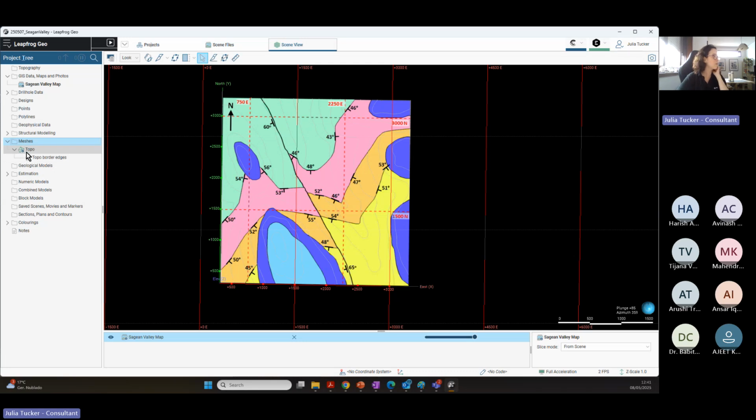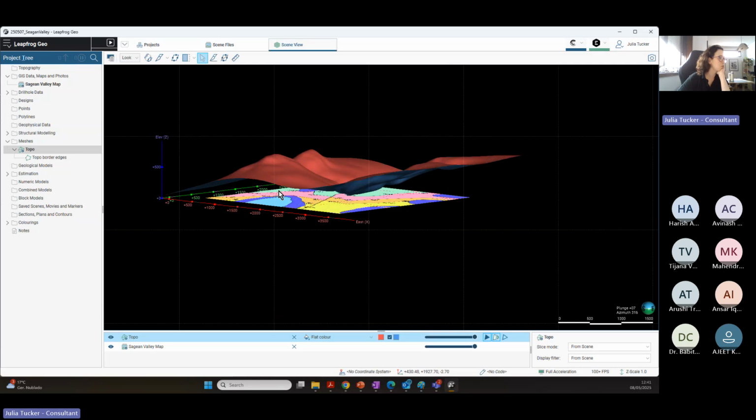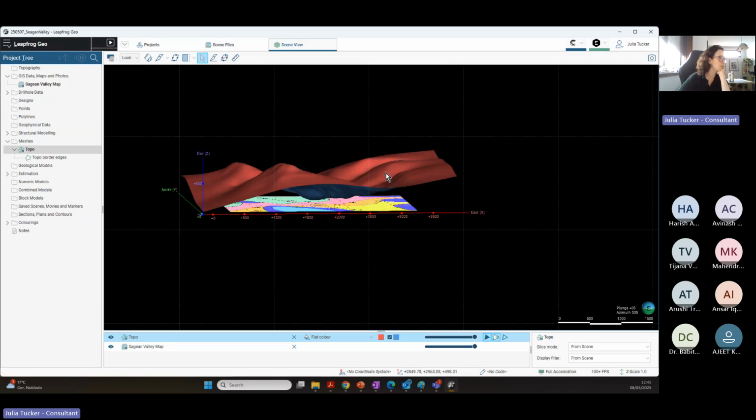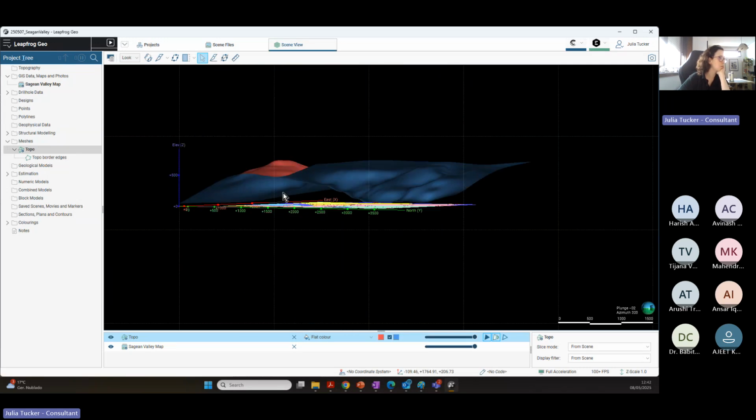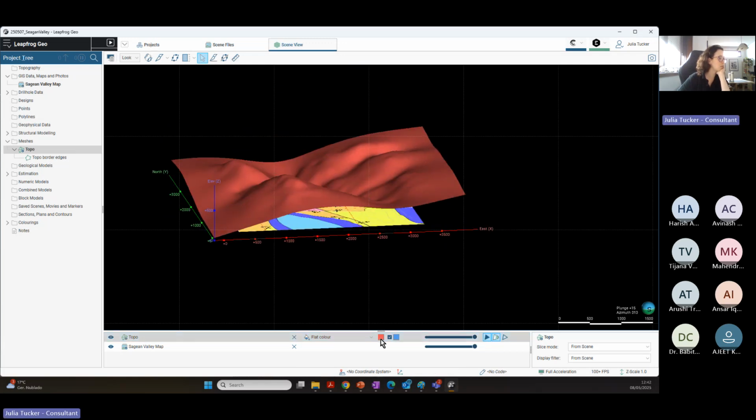We don't have any error showing, and we can drag and drop it to the scene to take a look at how this is behaving. So here it is showing us what is the surface and what is the underground. And if you forget what these colors mean, the first one is the top. The second is the bottom. And another tip for you is to pass the mouse really slowly over it, and you can see the front